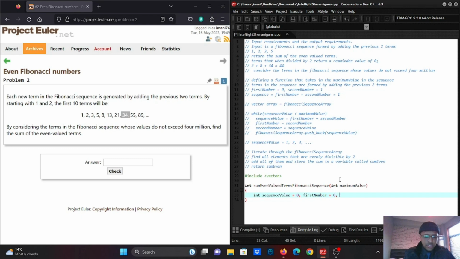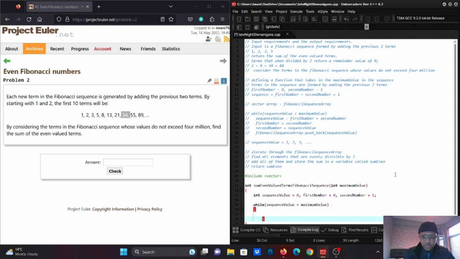The sequence value equals 0, the first number is 0, then the second number will be 1 for our case. Then we will say that while the sequence value is less than the maximum value,